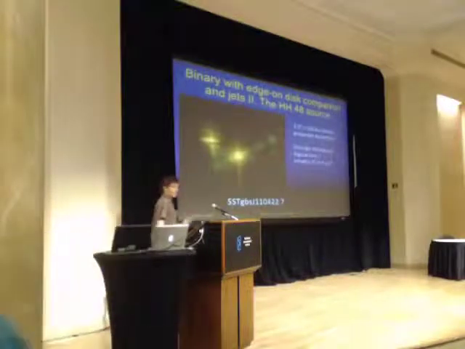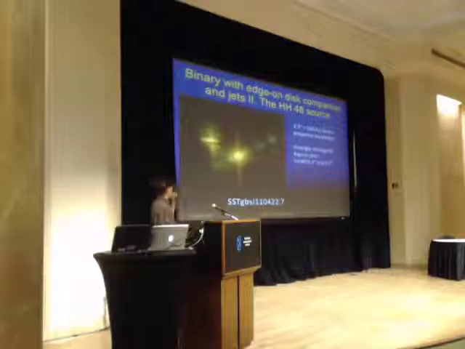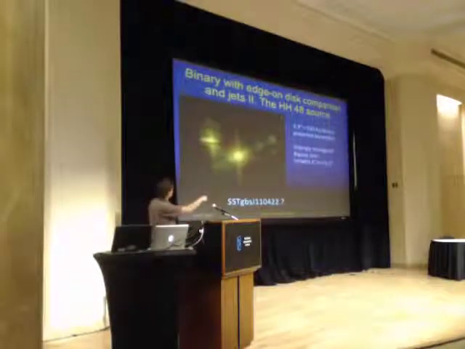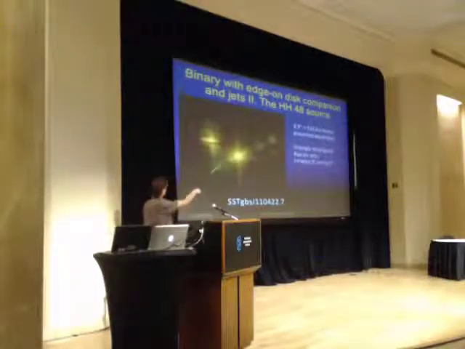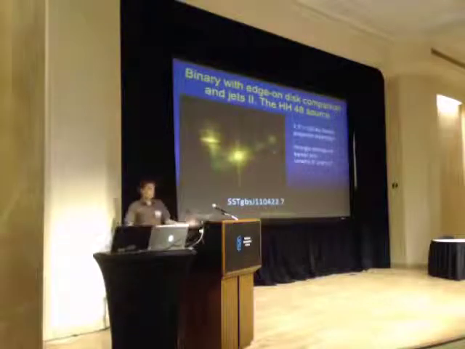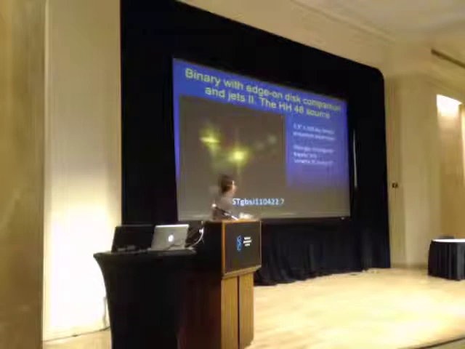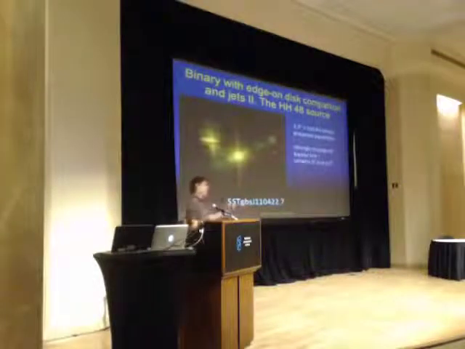Talking about binaries, arguably the most impressive object is probably this HH48 region over here, where there is a 320 AU binary separation, two beautiful jets, very misaligned from one another. So that's certainly telling us something about formation mechanisms of multiple systems, and by consequence, telling us something about planets